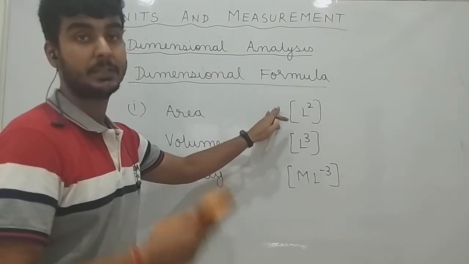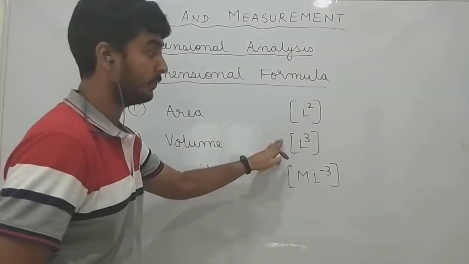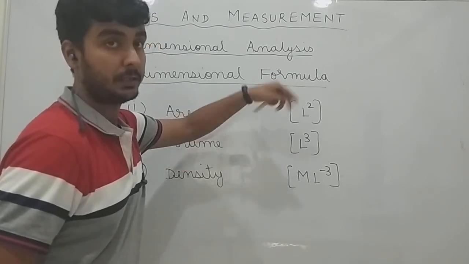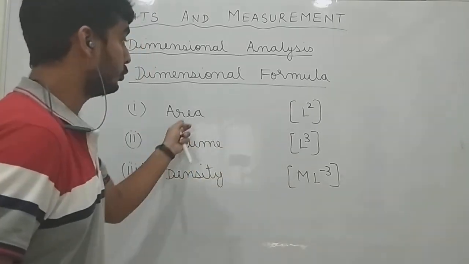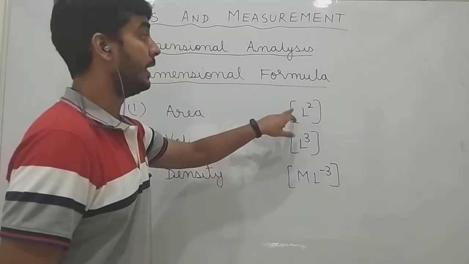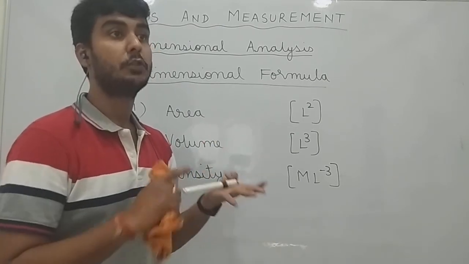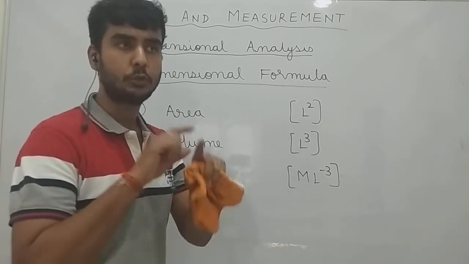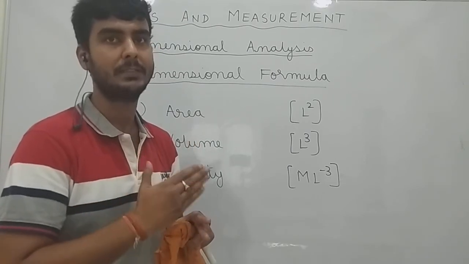Sometimes you will find the term dimensions of area, you will find the term dimension for them, or you will find the word dimensional formula used to represent these things. So these are basically dimensional formulas or dimensions used to represent these derived quantities. Now in most textbooks, you will find all the dimensional formulas are written in terms of the dimensions of mass, length and time, MLT. That is to represent everything in a standard format.